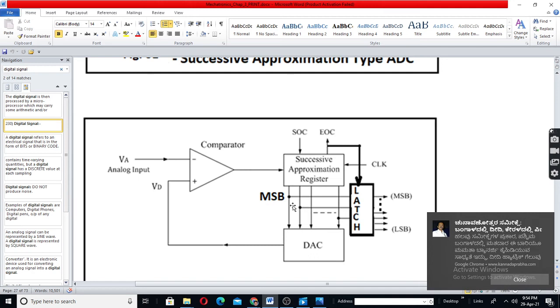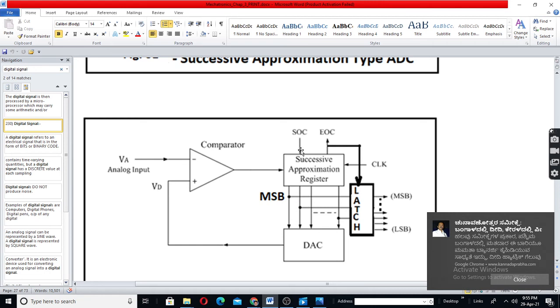Now what is here, 0 1 0, which had been ready here, that will come out here available. So the output of SAR, which is the actual output, will be now available here. So here we will have stable output. Then again, this will be only one pulse. Again, it will be disabled, means output will be constant. Then again you will try, continuously checking if you want, means continuously doing the conversion process.